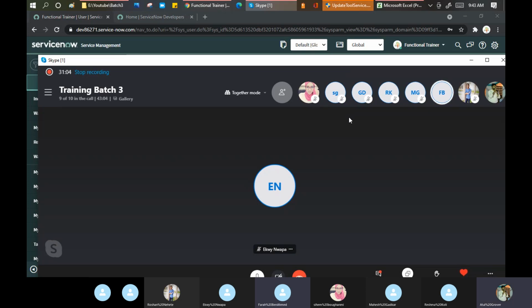Okay, now I come to Farah. She's eager to speak now. Farah, what do you mean by this magnifier glass? It's like it's mentioned, it's search, when we try to find some record or something like that. When we want to search a record, an incident. I will add one more point here. Is it a search or is it a global search? I'm not sure.